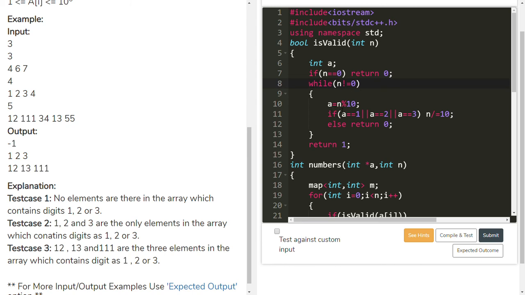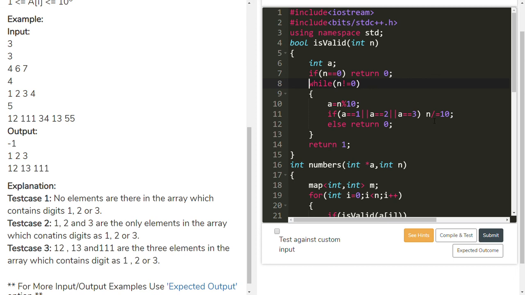Then a equal to n modulo 10. That gives the value 2. Then check the if condition: a equal to 1 or a equal to 2. a equal to 2 is true. Then n becomes n divided by 10, which is 1. Then 1 is not equal to 0. 1 modulo 10 equals 1, so a equal to 1 is true.